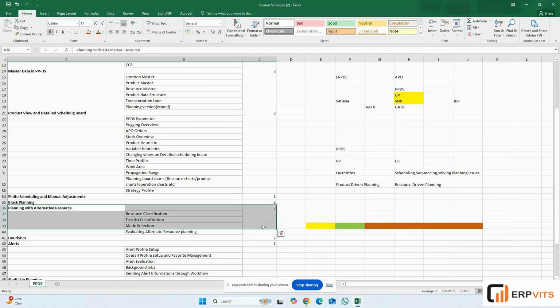It's quite similar to block planning, but a little different. In block planning we'll be having blocks. In alternate resource scheduling we'll be having an alternate resource, meaning alternate machinery or equipment. So if one resource is occupied with some load, or is already in a bottleneck situation, then the load will be shifted to another resource, another machine or another equipment. How does that happen, what master data is required for that, like resource classification, task list classification, mode selections, and how do you evaluate your alternate resource planning and how do you schedule it, that will be covered